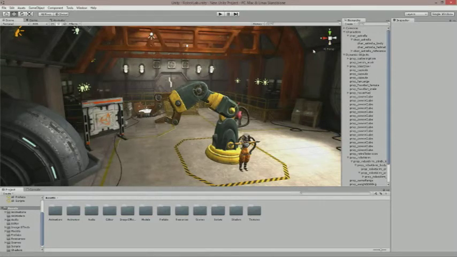Hello ladies and gentlemen, and welcome to the tutorial video for MaterialMerger, the new editor utility which I've created for the Unity editor, which will allow you to streamline your project and downsize the amount of materials that you have in your project. If you have a moderate to large size project, you may notice, unless you have a team working on your 3D models, that you will have a very large number of materials building up within your project